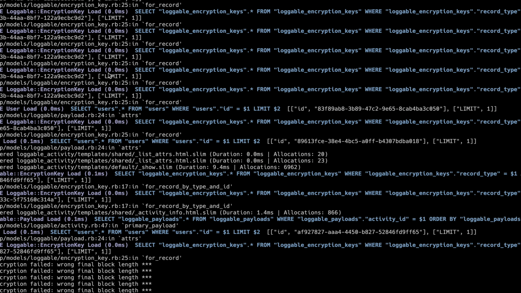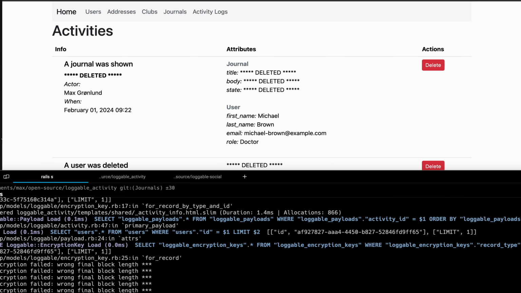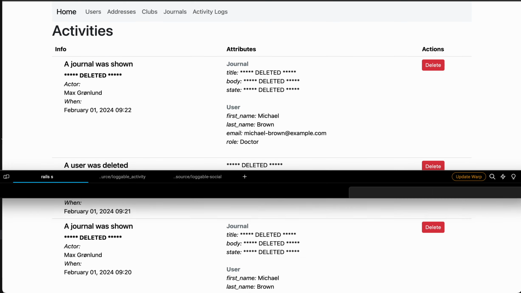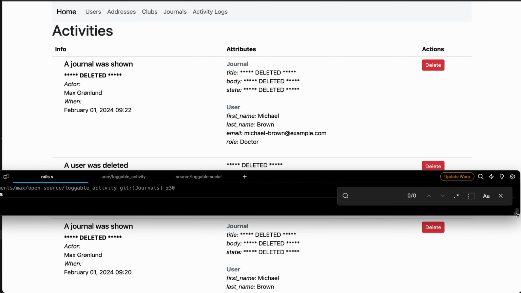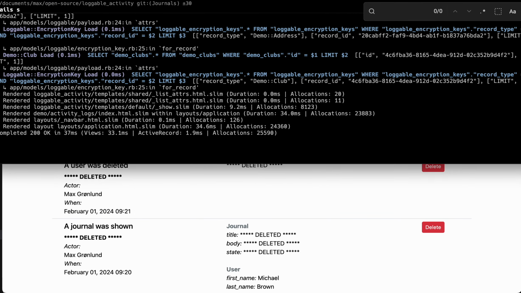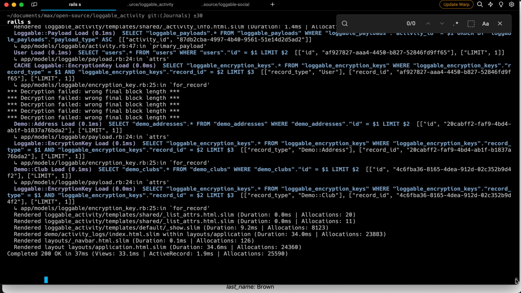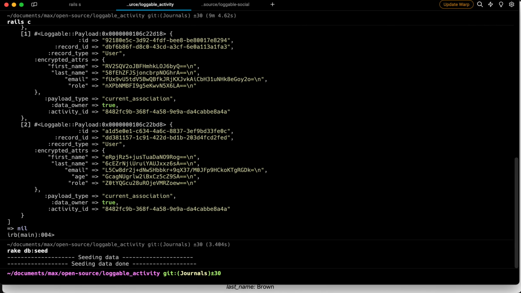Maybe we can see it like this. Let me go really fast and just make this window fit. That's the terminal. Let's go here and look at the